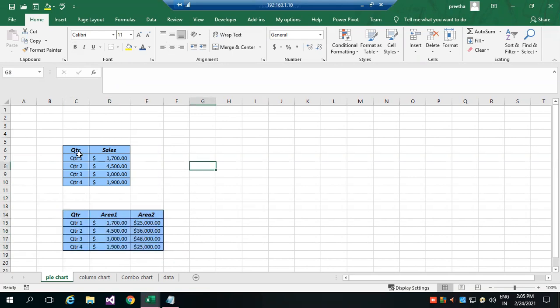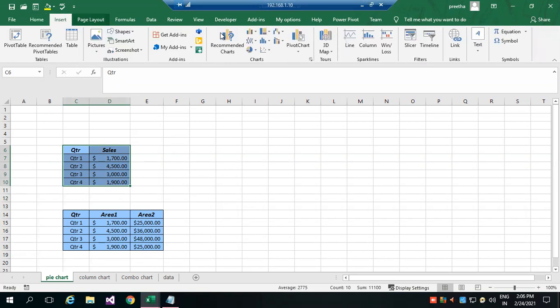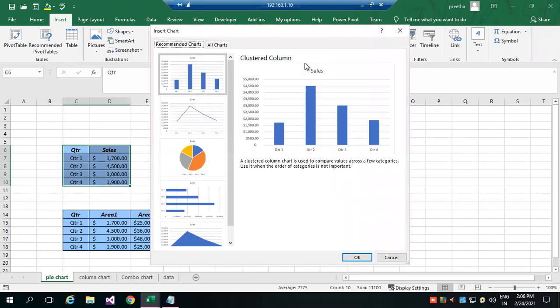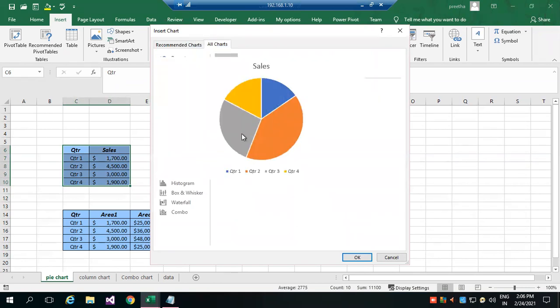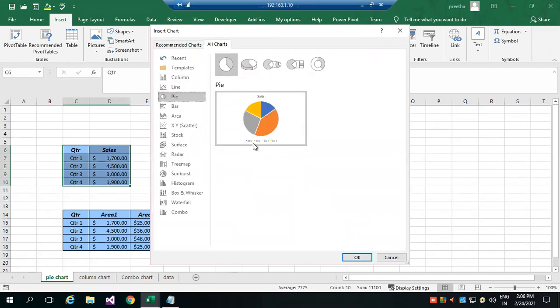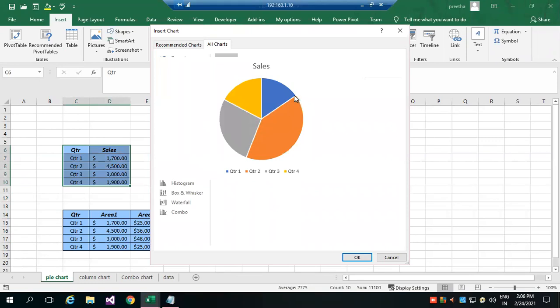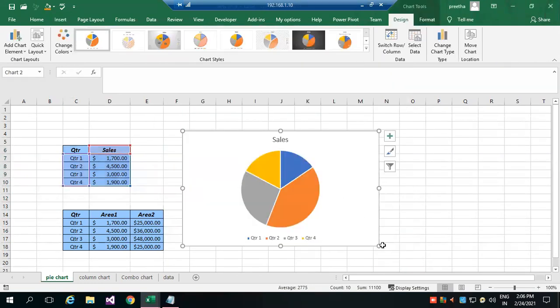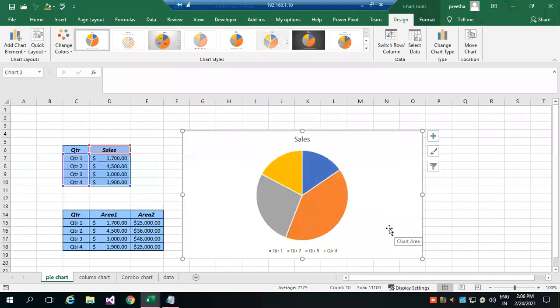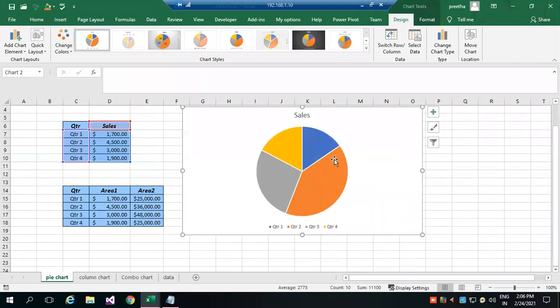If only one set of data you want to compare, then I can use the very simple chart, that is the pie chart, which shows through the pie, like the highest data will have the bigger pie.